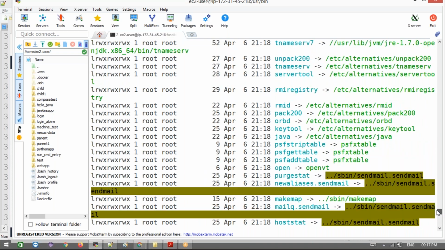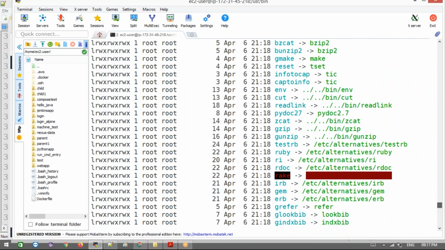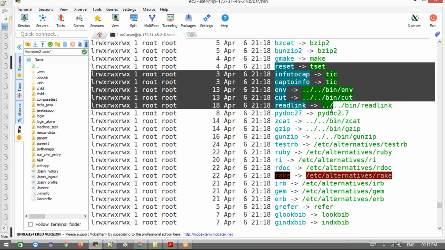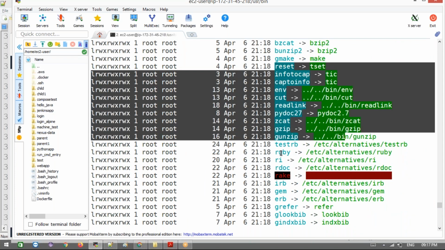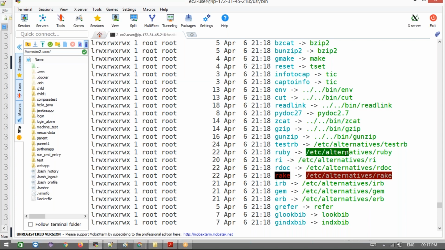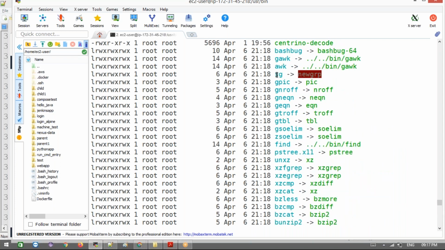Now what happened here? There are a couple of commands here. The commands we are going to execute point to a particular path, the particular software where it is located. When I execute Ruby, it points to the path where it was installed. If you execute our command, it goes one step back, two steps back, then the bin folder, then gawk. It will go to that software.